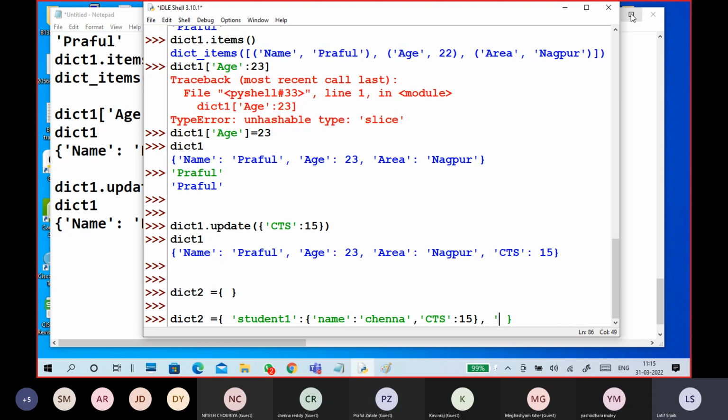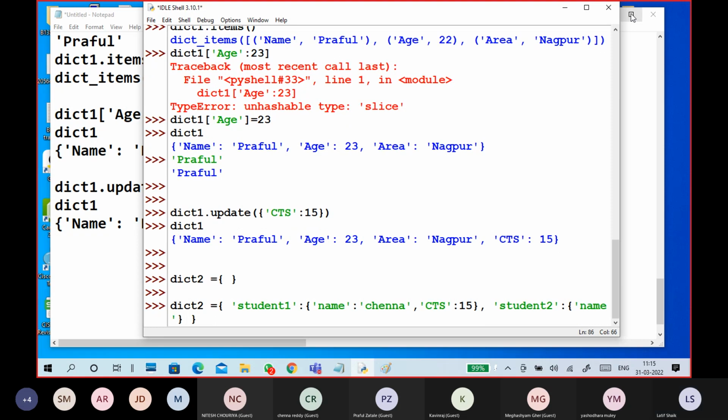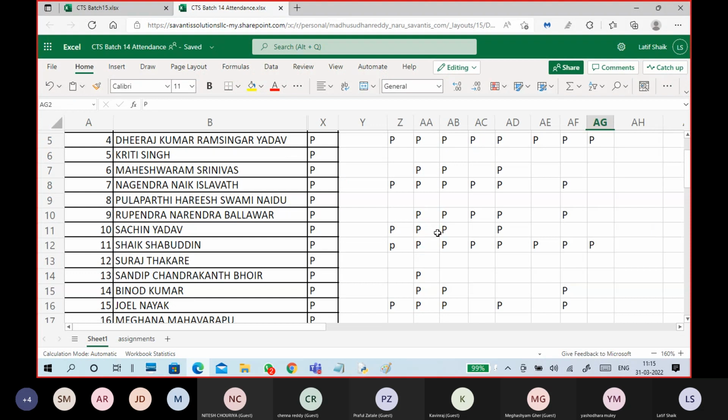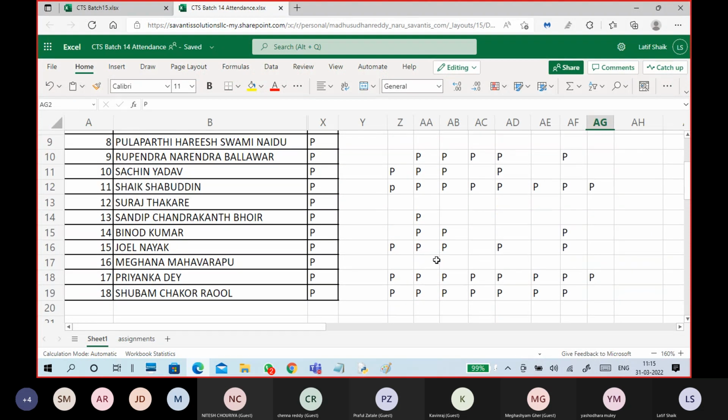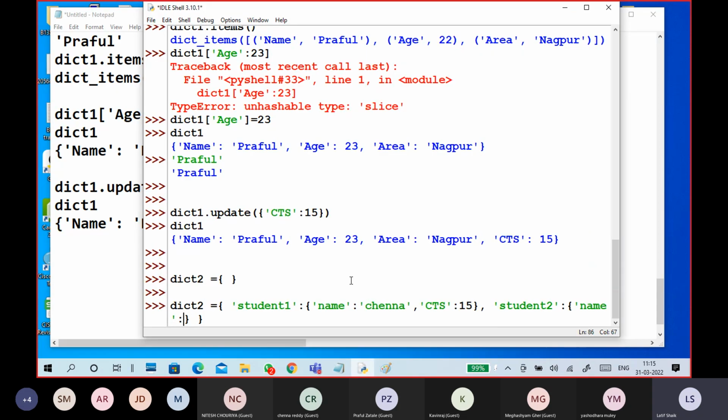So next, student 2, colon, again name. Priyanka is an easy name. Next batch.